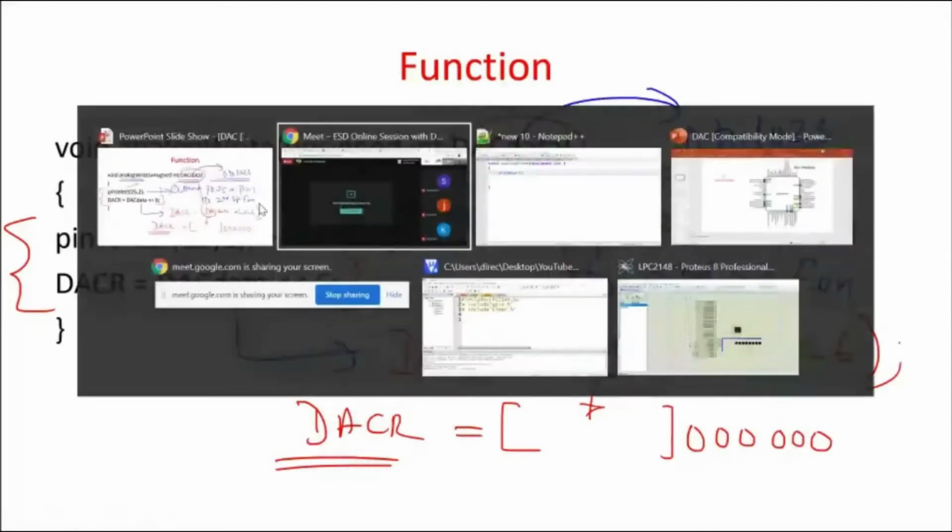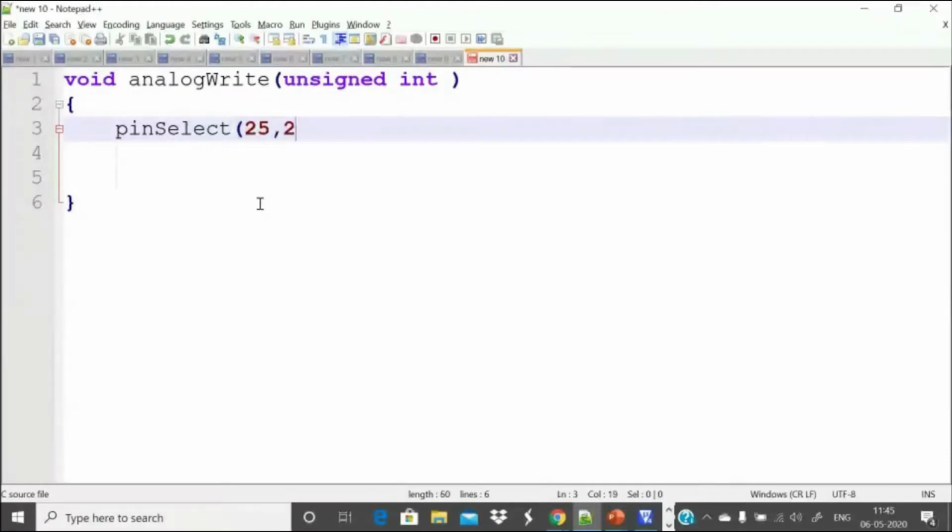So it is 25, comma, second special function 2. So what is the command? Configure port 0.25 as DAC pin. That is the first thing that I do.